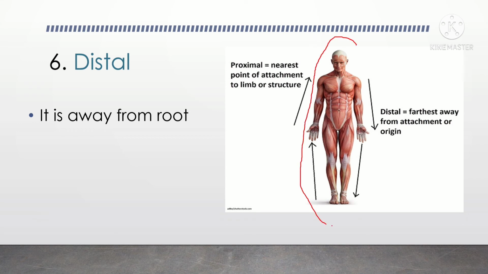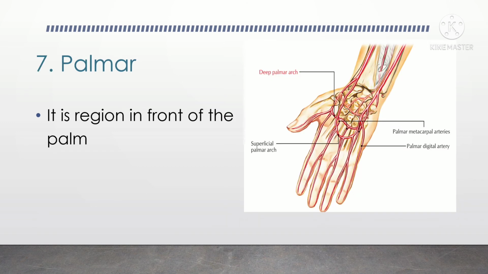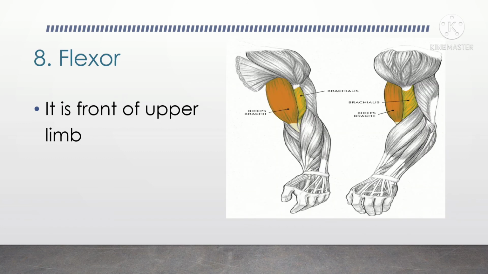As you can see in this diagram, the palm should face toward the front, that is the anterior side. The face should face toward the anterior side. Palmar, the word only says palm region. This is the palm region. If I can see this palm facing in the forward direction, it is the anatomical position. As you can see, the thumb is facing outward and the little finger is toward the medial, the thumb is on the lateral side. So the region which is present in front of the palm is called the palmar region.